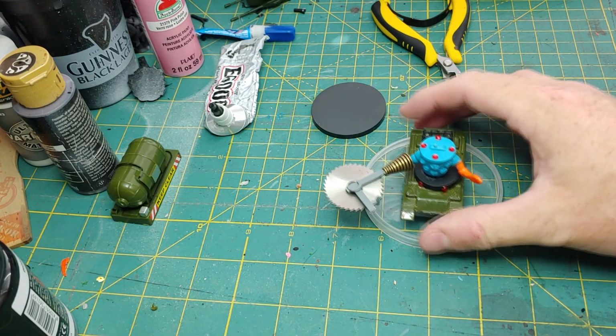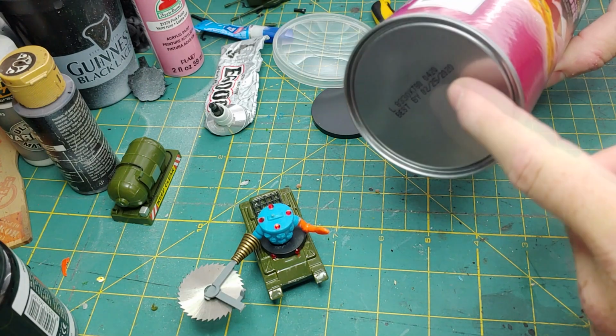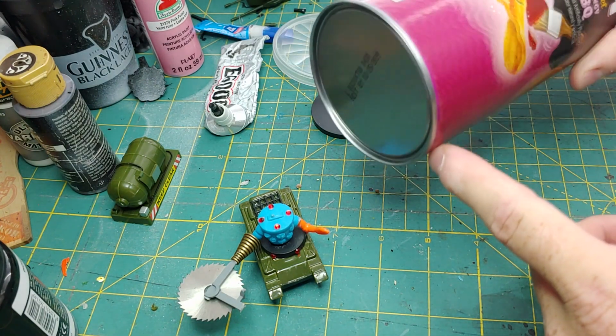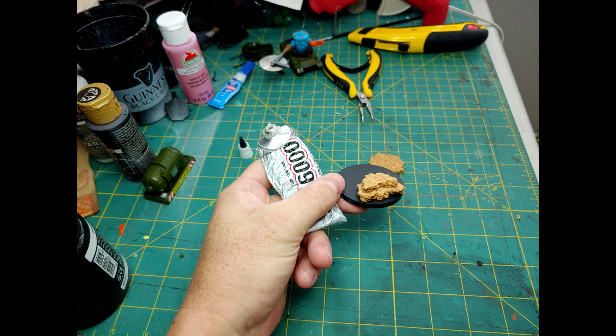Maybe you want to put some more detail to the base. Maybe you want a larger monster. And if you don't like that plastic, you can also use the metal bottom portion of the Pringles can too. This is just a great alternative. I wanted this tank to be emerging from some rocks, so I'm going to use some corkboard applied to